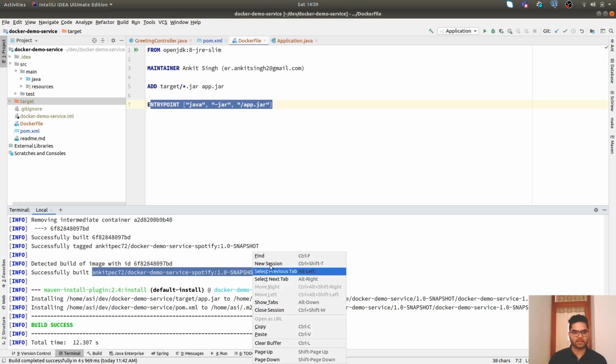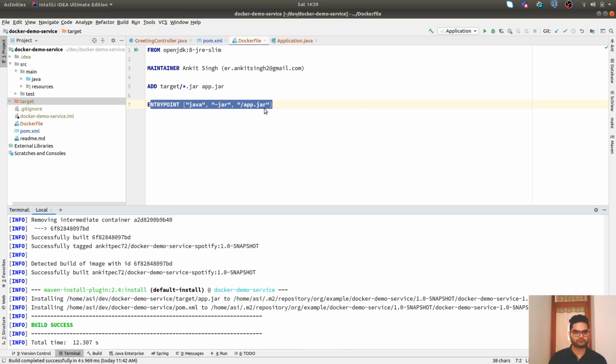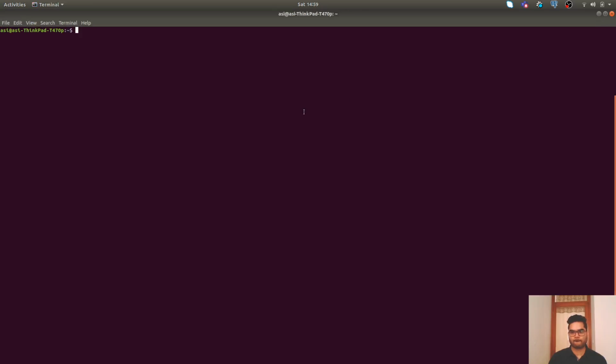Now I will start this Docker image. It will be docker run. As I already said, Docker engine is installed on my local, so I can run this command. But if you don't have Docker engine, please do install it by following the link which I have shared in my video. So docker run,